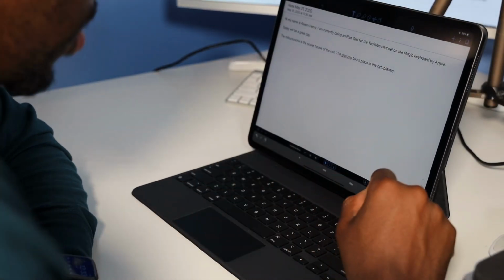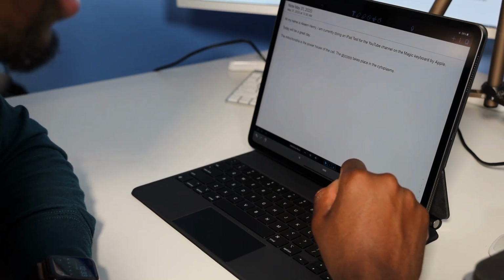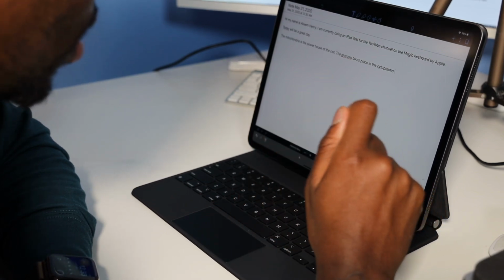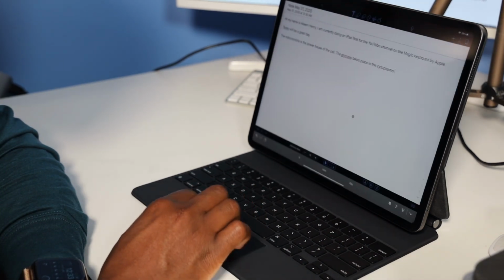Okay, so the typing experience is very nice. It reminds me of the Apple MacBook Pro typing experience, which is pretty good because having that type of experience for typing is very rare. So having that on the Magic Keyboard is definitely a win. And then you still have the Apple gestures, the traditional gestures that you get on the...